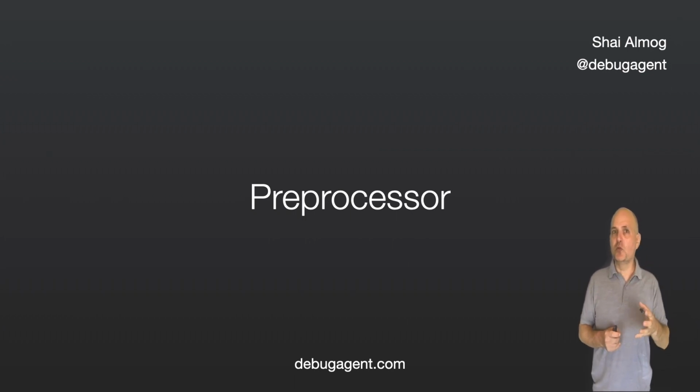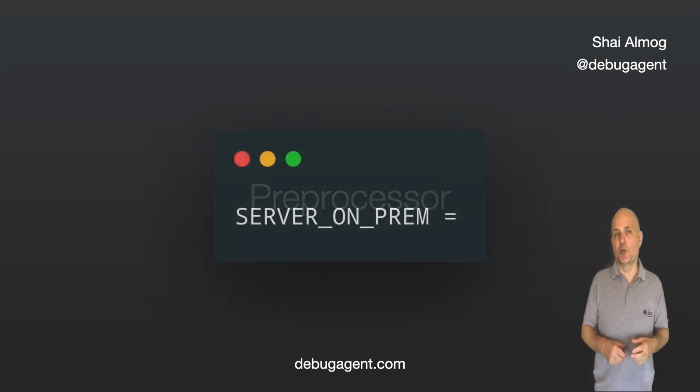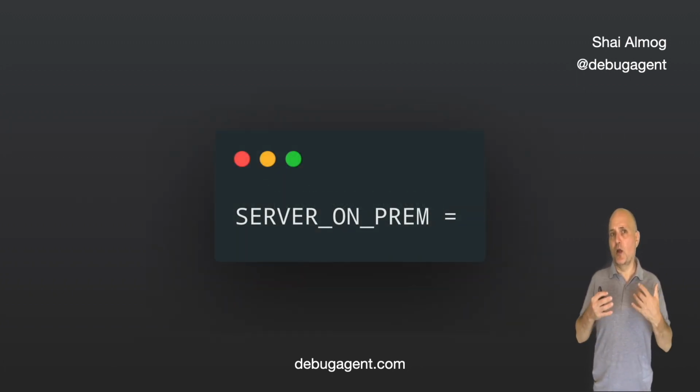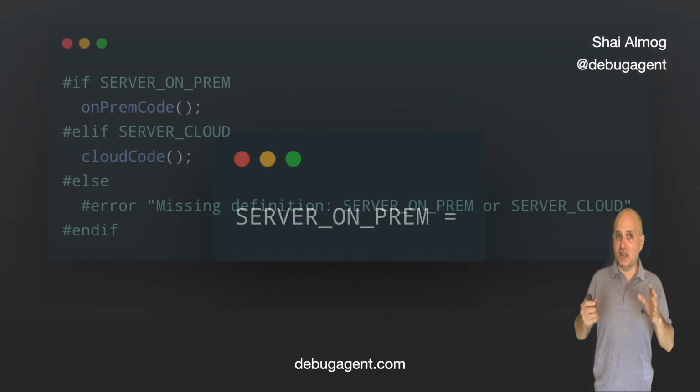We sometimes want to build something a bit differently when running on-prem and in the cloud. In that case, configuration might not be enough, since our code can be reverse engineered. There are ways around it, like libraries that are included differently and various build tricks, but these aren't simple. We can define a value like this in the build properties file in the root directory. Notice the lack of value. We don't need that for a preprocessor, it's just a key.